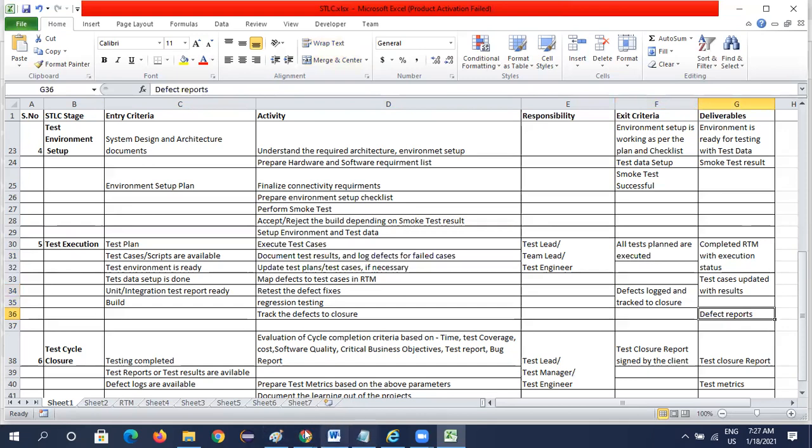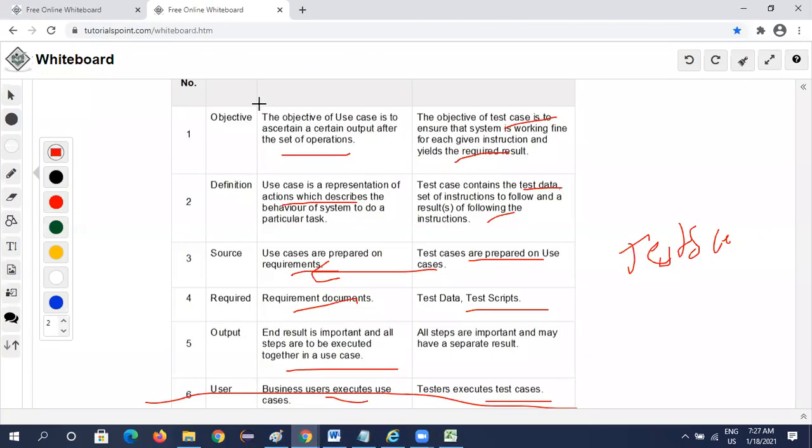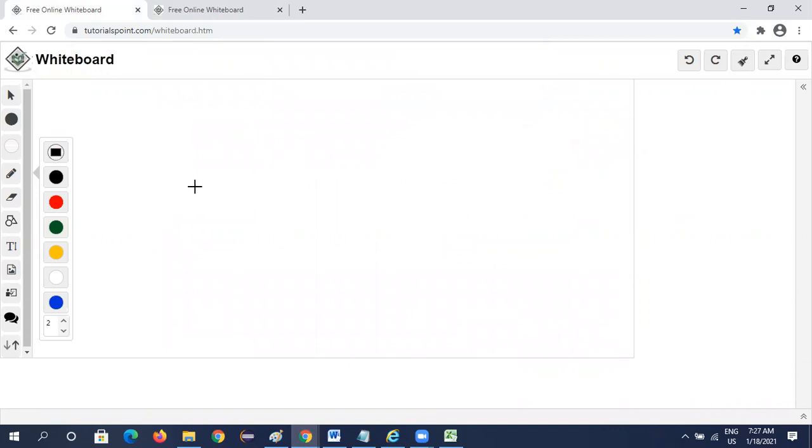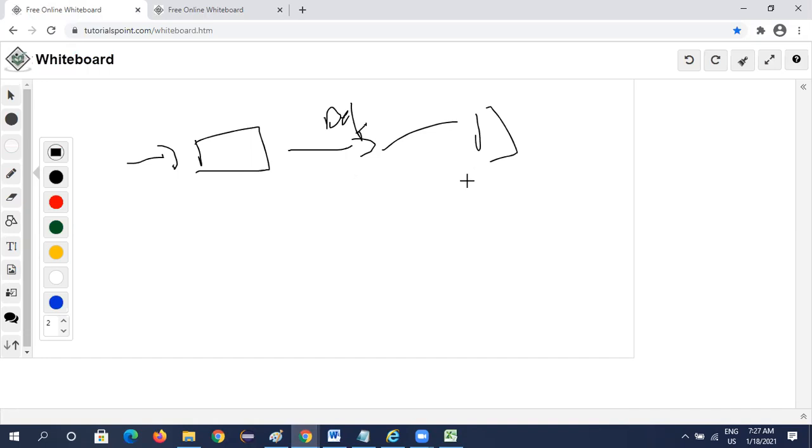So how do we do this? Generally, say we are executing the login functionality and we found an issue. When we find an issue, we report it to our manager, or our development manager. They will assign this defect to a developer. The developer will go through the documented defect, verify whether it is a valuable defect or not, and try to fix it.